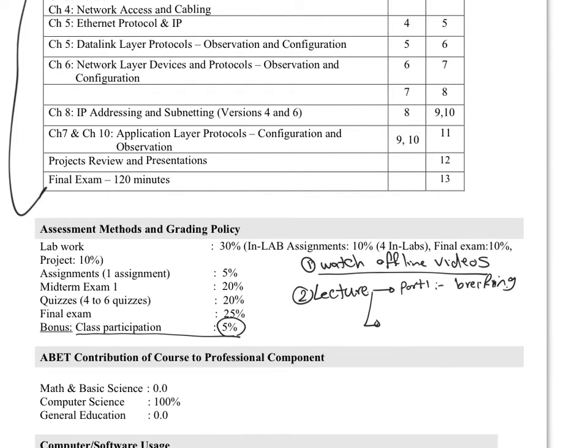So each question that you answer perfectly and correctly, of course, you get 0.5% of these 5%. Which means that if you answer 10 questions throughout the course, you get the 5%. And this 5% is very significant, and it moved many people from one grade to another completely. Some people were B and have become B plus, or B plus and have become A because of